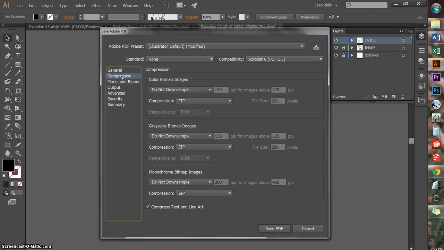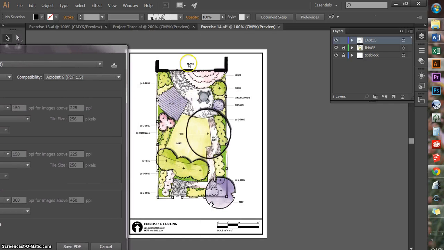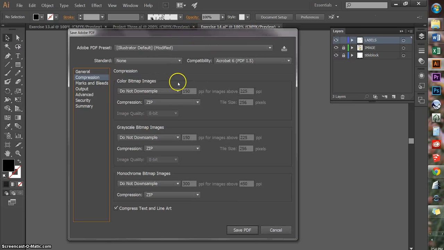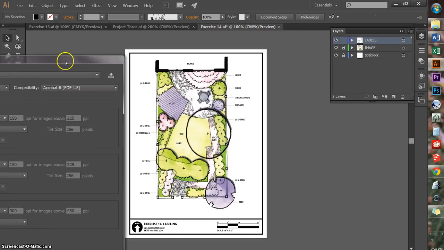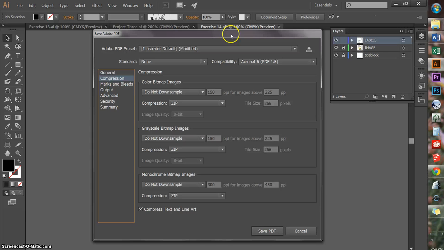If we go under compression, this has to do with the image compression. So it'll control how much resolution any images that you have imported into your Illustrator file will receive. So right now for this, I'm going to select do not downsample to any of them, because every time you downsample, it'll lower the quality of your image. And I know that this is going to be a relatively small file. But if you were ever